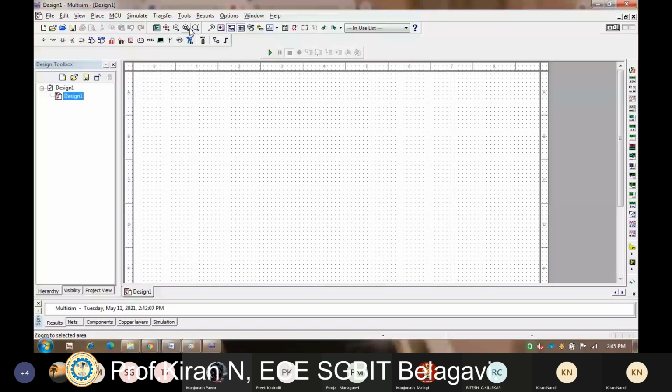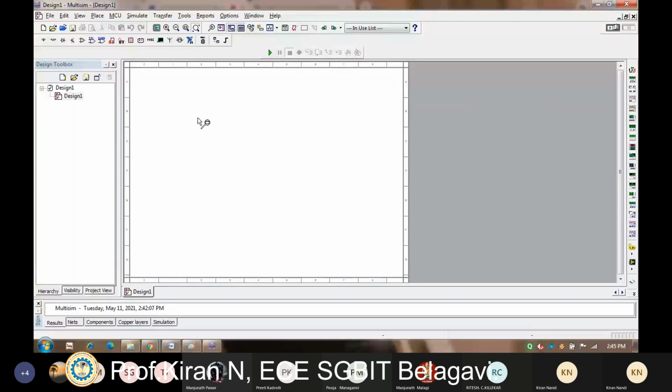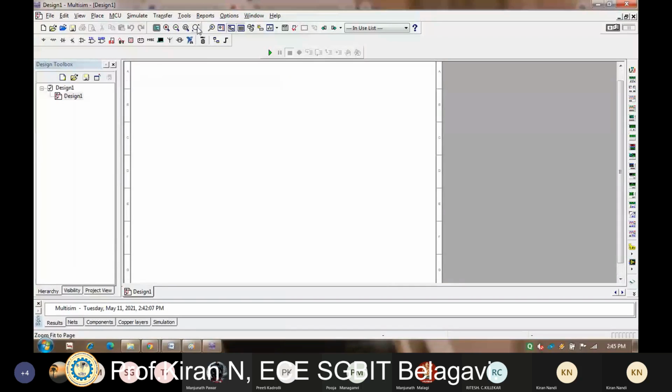Okay, so you can even have an option of zoom fit, like to change the size of the windows. You can use this option.